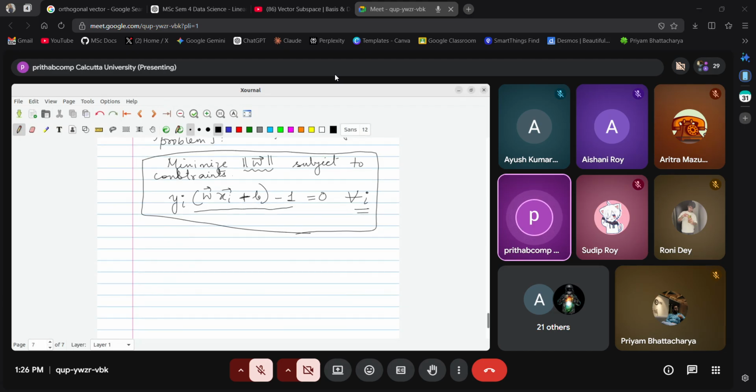So now let's do that step then. Okay, there is another step. So one more step. So this minimize w,